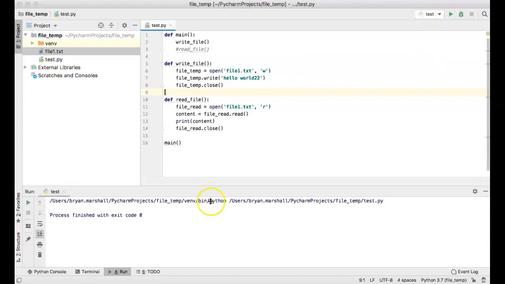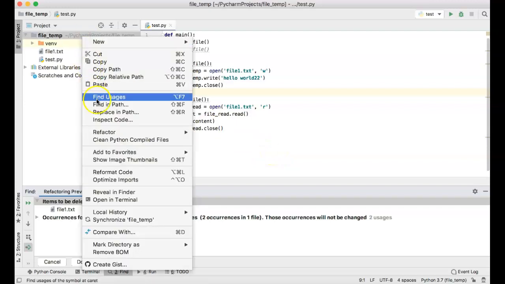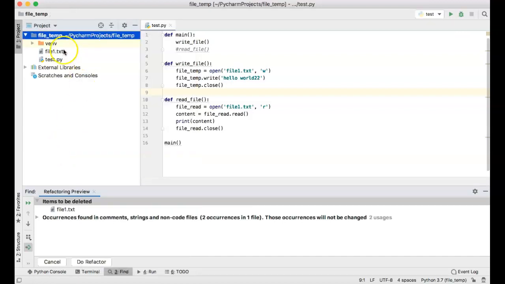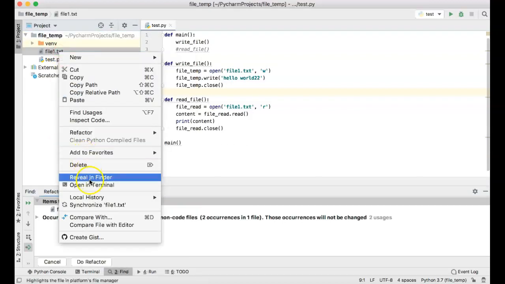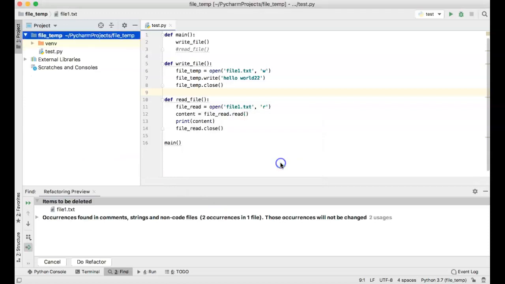Okay. All right. And if I right click over here and delete that file 1, okay, let's see if that worked. Let's see if we can refresh. It did not like deleting that file. Let's see if we did it. All right, so it did it. I had to remove the safe delete. So if I comment out write file, it's not going to do either of these functions because I'm not calling